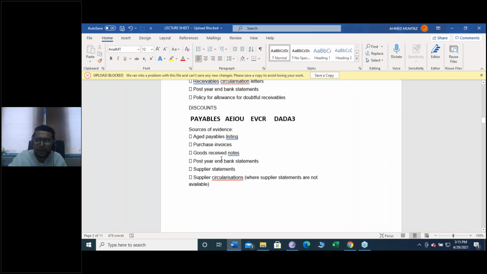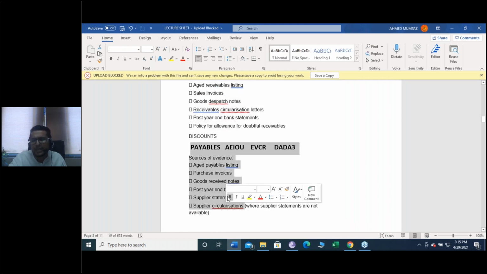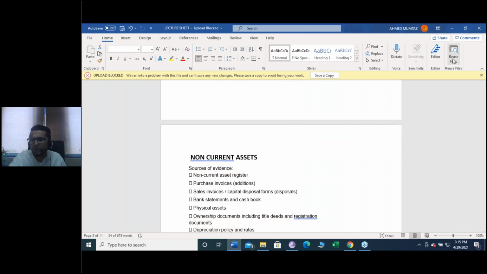And the other way around is also possible. Select a sample from the goods received note, then follow it through the purchase invoice, and then follow it through the payable balance. So if you are comfortable with that, I believe you are comfortable with this one as well. There is no rocket science. Are you comfortable with this one?